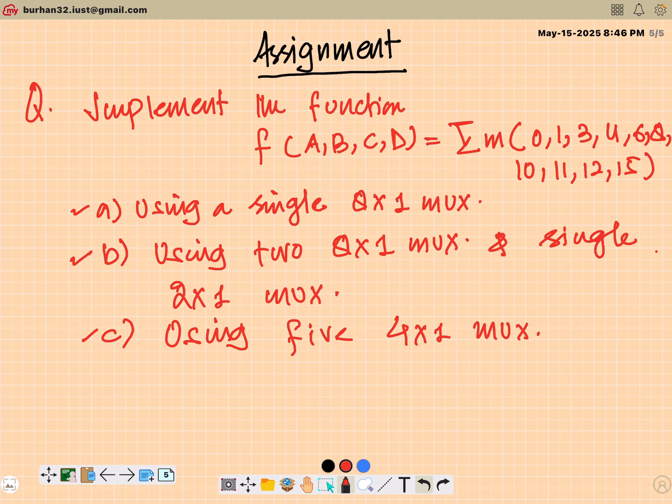Like I said, when you decompose higher order multiplexers to lower order multiplexers, the main thing you have to look for is the order in which you actually use these variables in the select lines. I have taught that. You can also consult the videos, and this will be one of the questions for your assignment. Then